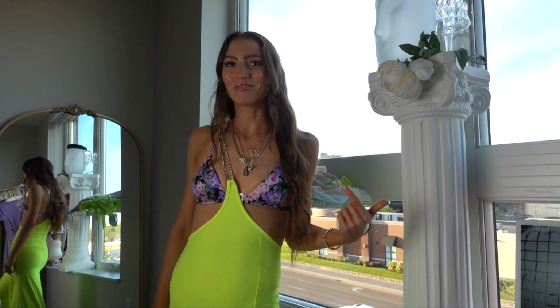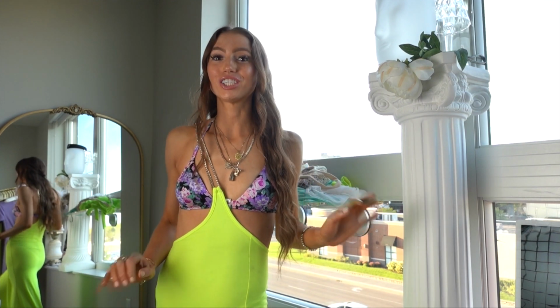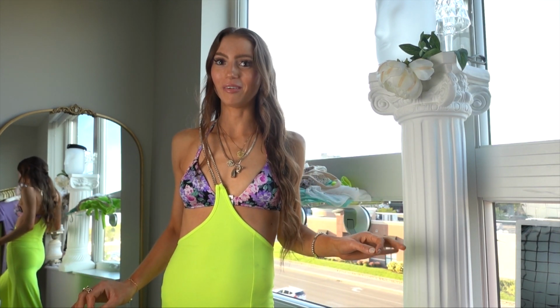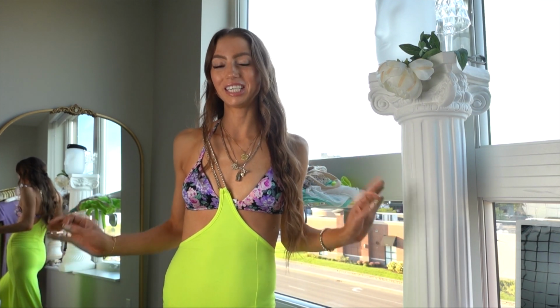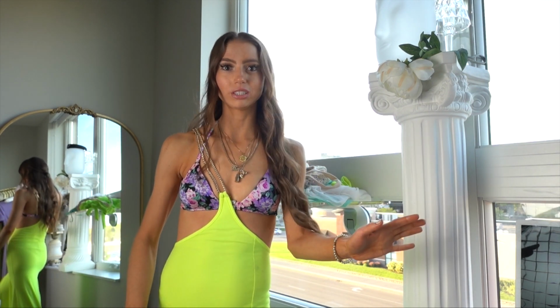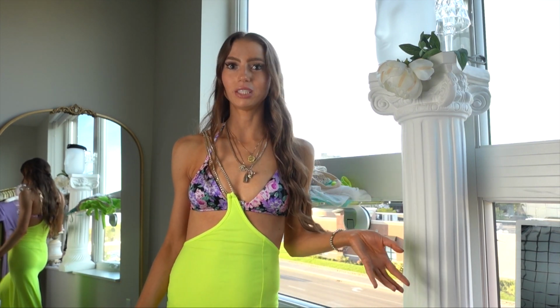The suits that I got from the Victoria's Secret swim sale for $9.99. There are so many cute styles on sale right now, and I actually got this almost 2 months ago, and there's still plenty that are in stock and on sale. These are across the board between any sort of sizing and different styles, so including one pieces